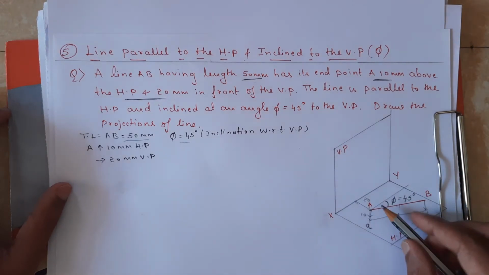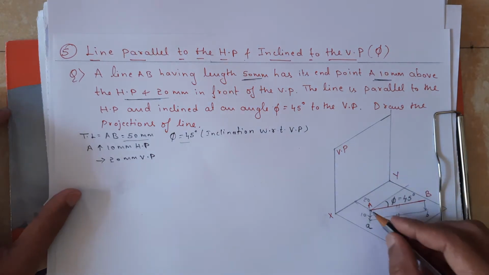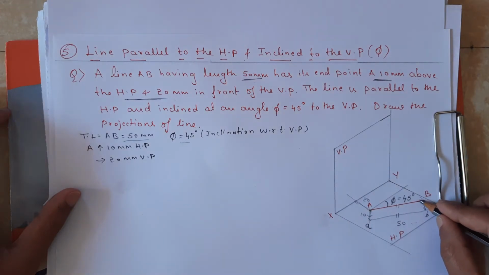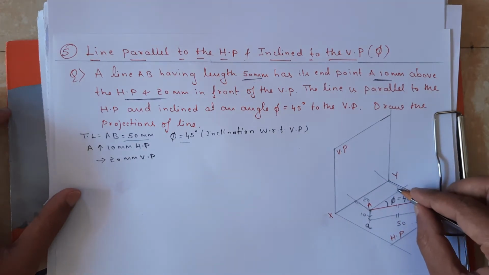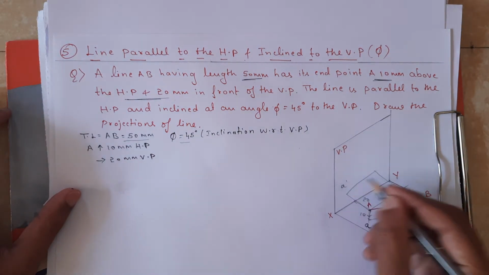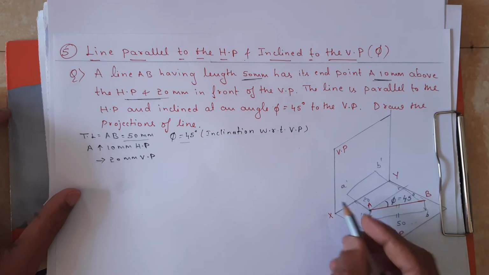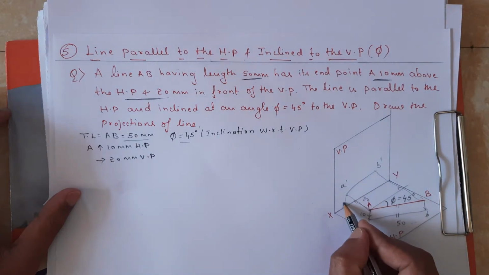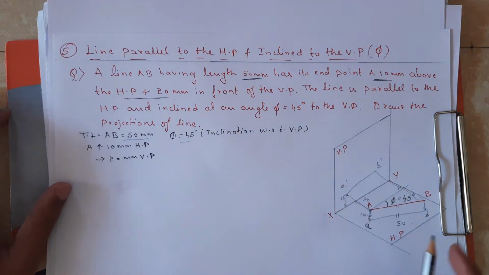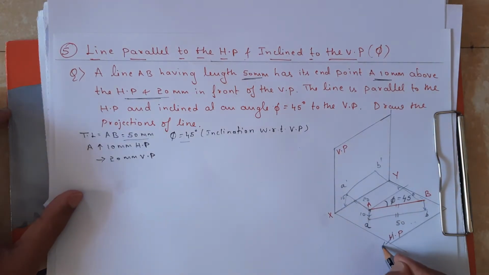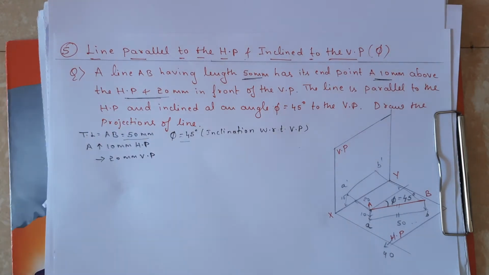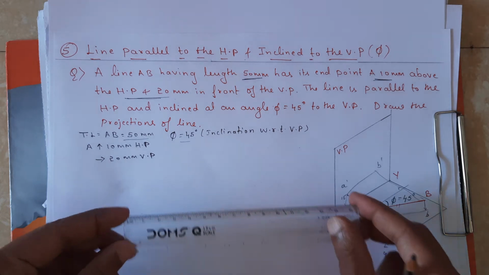Next, if I need to draw the front view, I am going to project it like this and also like this, so I am going to get A dash and B dash. This front view is at a distance of 10 mm. After that we are going to rotate this by 90 degrees in clockwise direction, and then represent it on the paper. So I am going to show how to draw it.